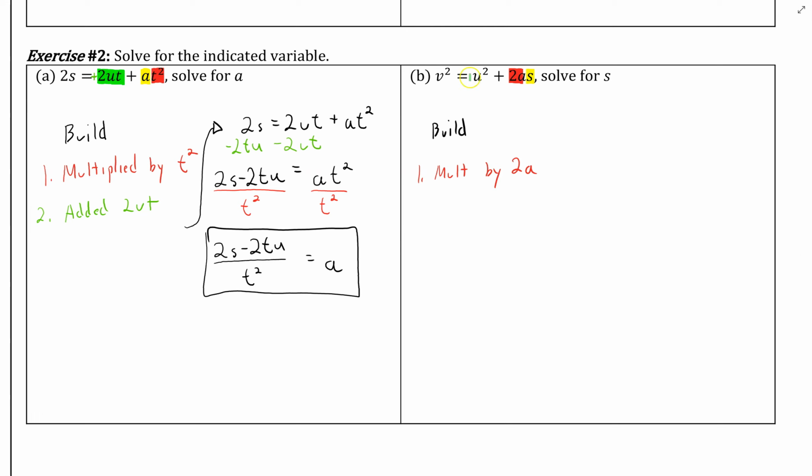And then that u squared, since there's no sign, it is assumed to be positive, and so it added u squared. Now we can undo this in reverse order, and so to unbuild,